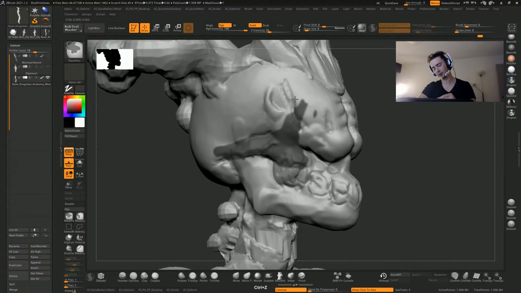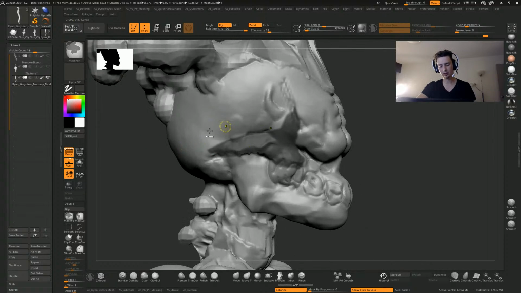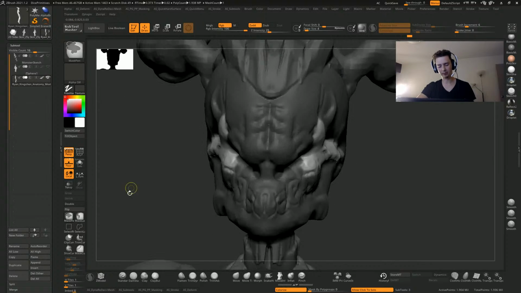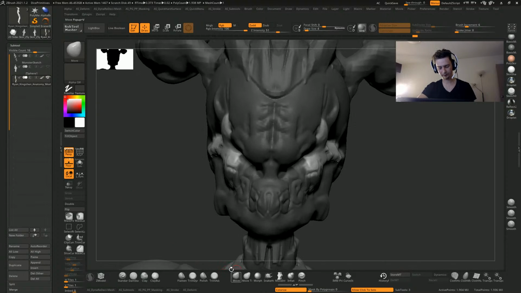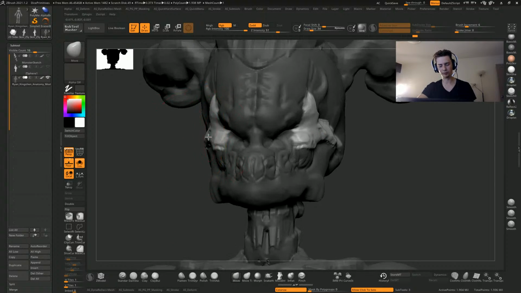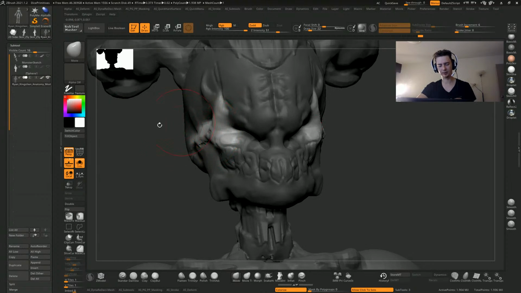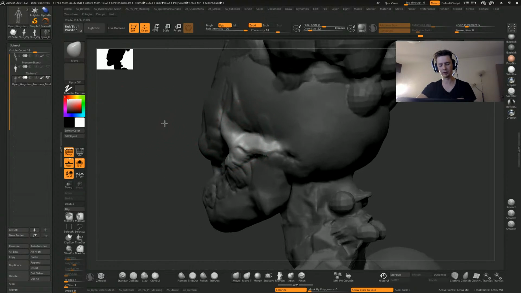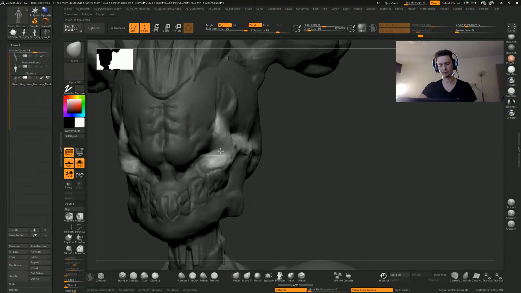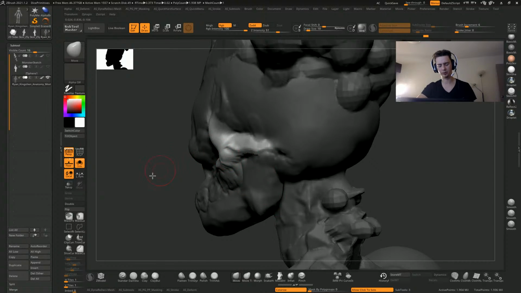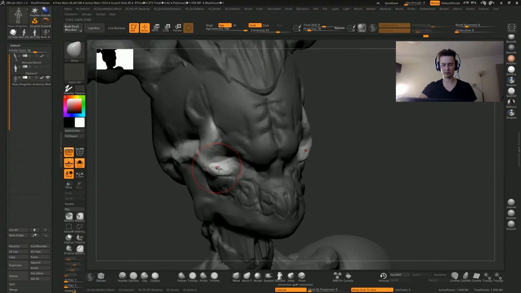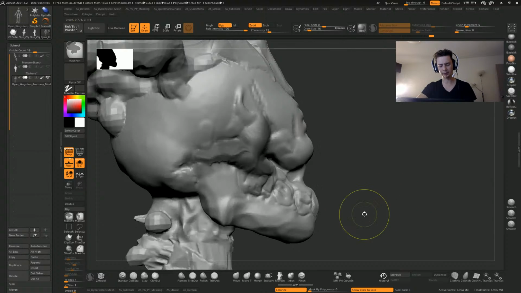So instead of just arbitrarily mushing my clay brush, I'm masking it, and I'm using move to work that form in. I think there's a benefit in this kind of approach to sculpting, because you're actually thinking about the forms you're creating. You can see. And then the next thing is,